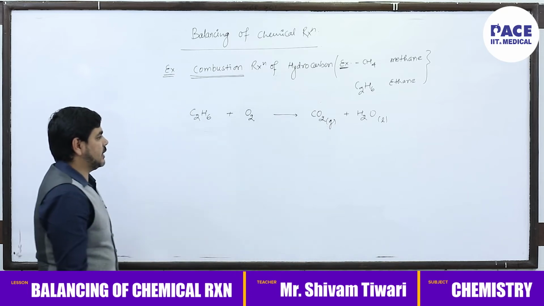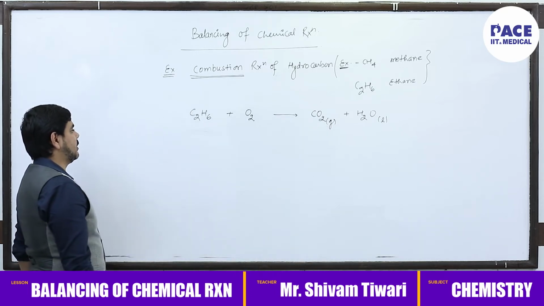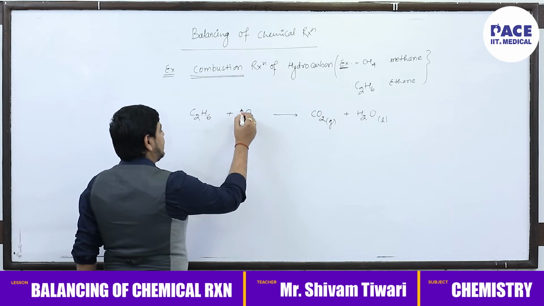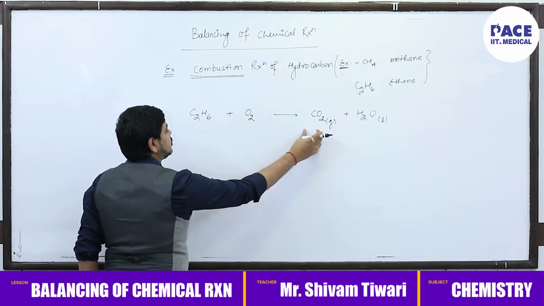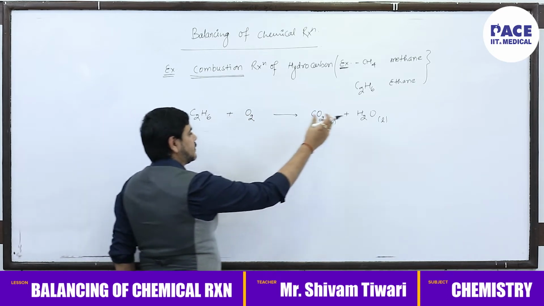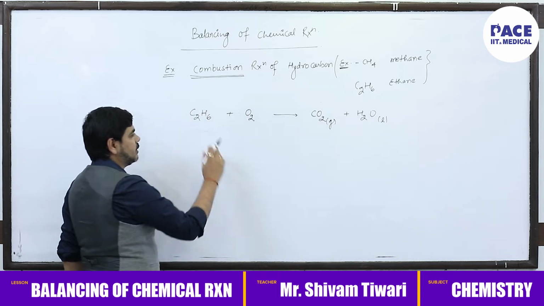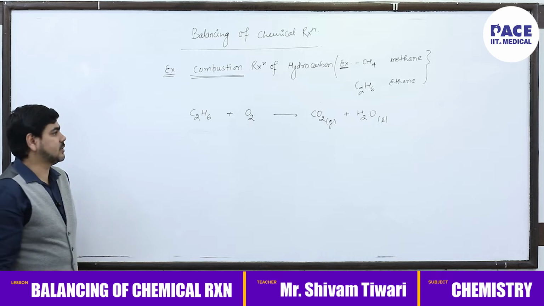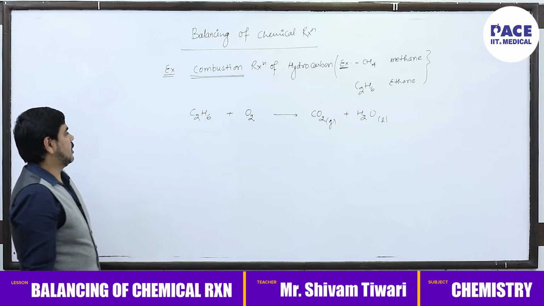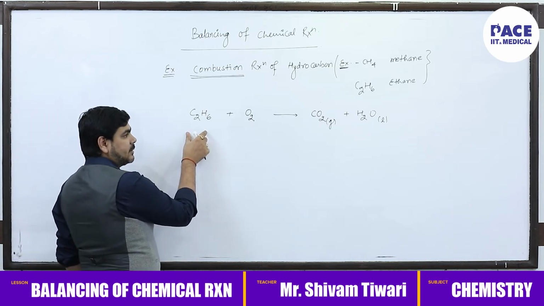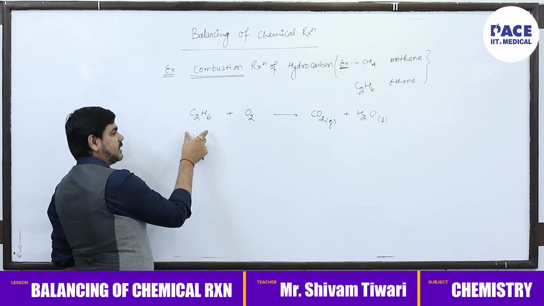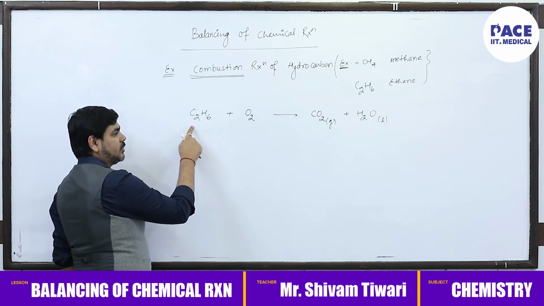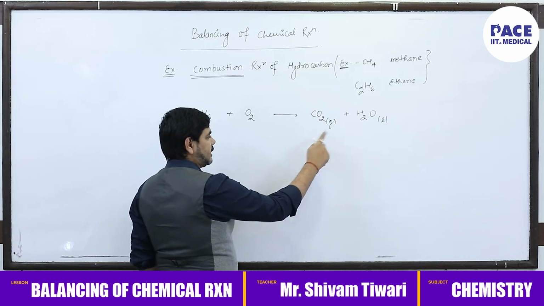Now another challenge is what is the stoichiometry over here. We have to understand how many moles of CO2 are going to form, and how many moles of H2O are going to form. Whenever we have to balance a reaction, we need to look at how many atoms are at the left hand side. The number of atoms of any species on the left hand side is going to be the same as the number of atoms on the right hand side.